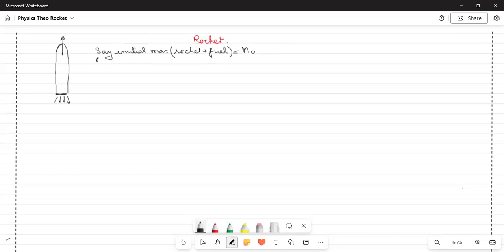Then let us say the rate of fuel discharge, the fuel will actually be discharged in terms of gas, is equal to R. These are the initial assumptions. And also let us say the velocity of the discharge gas with respect to